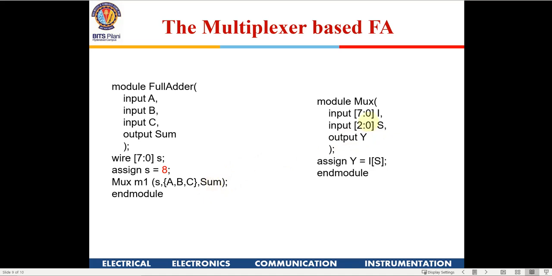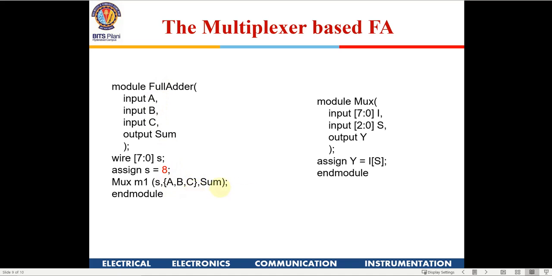Now coming to the middle one in the MUX, the middle data is S, which was the control line, which was 3-bit. In our case, the control line is going to be a, b, c, whereas in this module I have taken a, b, c as individual bits. So I need to do concatenation of a, b, c here. If you just write a comma b comma c, it wouldn't work, because this module is expecting a 3-bit data in between. Here I am taking 3 individual bits, so you have to use the concatenation operator.